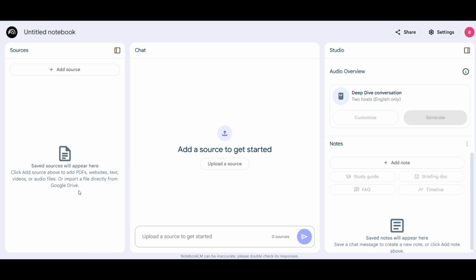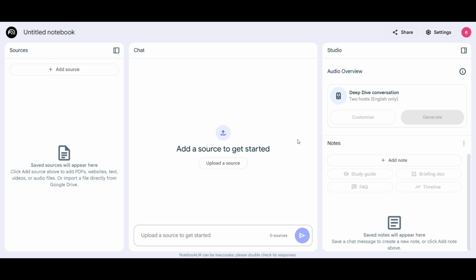Now that we have our environment set up, let's explore Google Notebook LM. Notebook LM is an AI-powered collaborator that helps you to do your best thinking by organizing and summarizing your documents. In the main dashboard, you will see options to upload various types of sources, such as Google Docs, PDFs, web URLs, and more. You can also ask questions about your sources and get answers with citations.